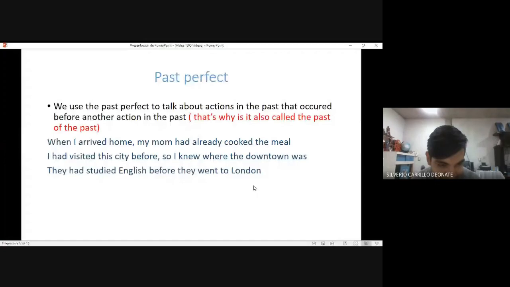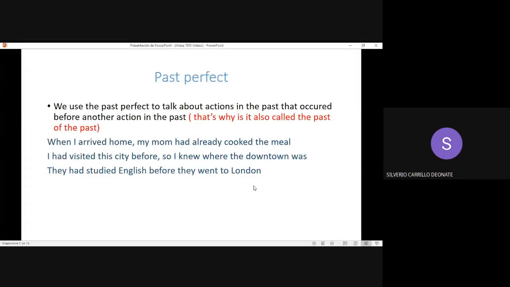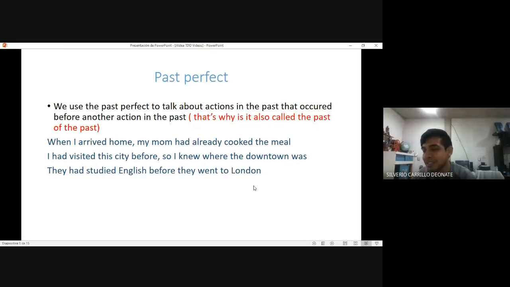Okay, in this case, as you are using the time expression yesterday first, well, commonly the time expressions go at the end of the sentence. Okay, I went to the pharmacy yesterday. I watched a movie yesterday. As you are using it at the beginning, please add a comma. So, yesterday, comma,